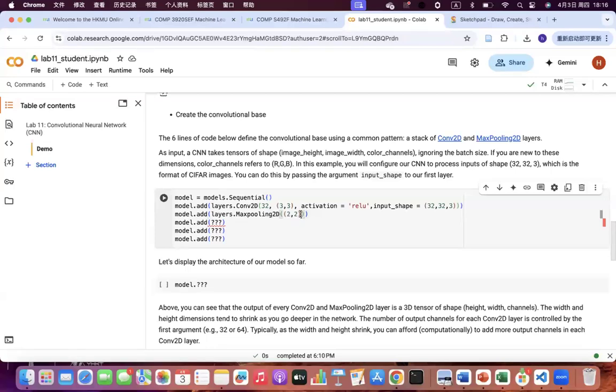Let me check the parentheses. It's correct. So this is the max pooling layer, to do downsampling of the image. 是降维，把特征图变小一点，变成原本的1/4。